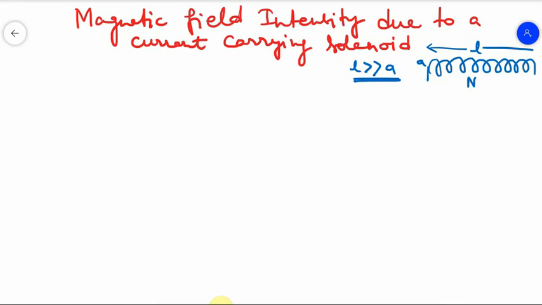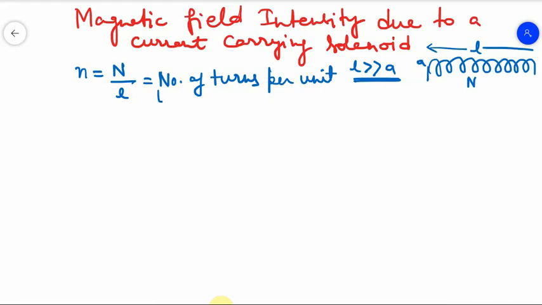Okay, so for the solenoid, we consider one thing: small n equals capital N upon L, meaning the number of turns upon the length of the solenoid. That is, we can write it as the number of turns per unit length. Okay,